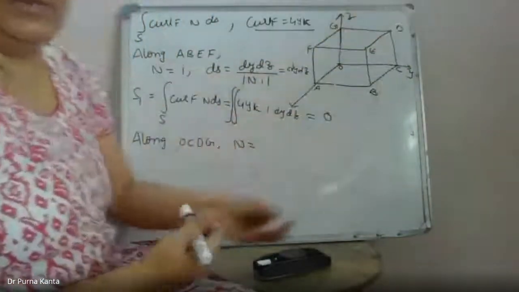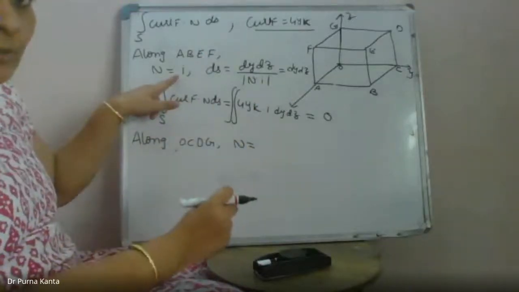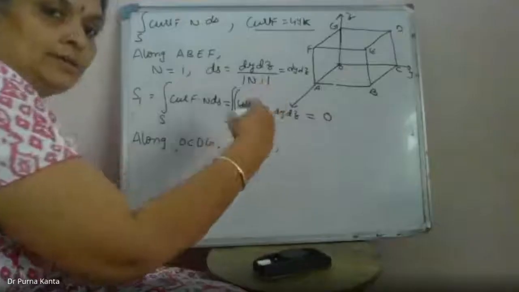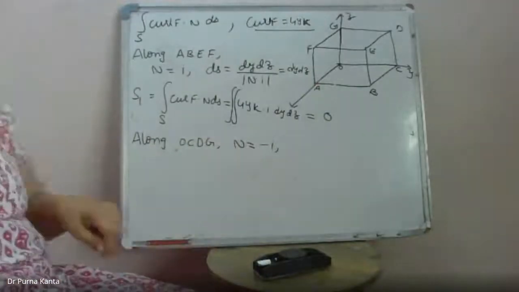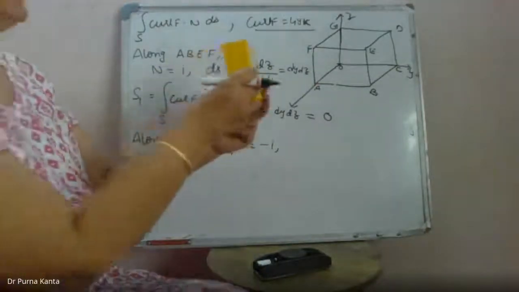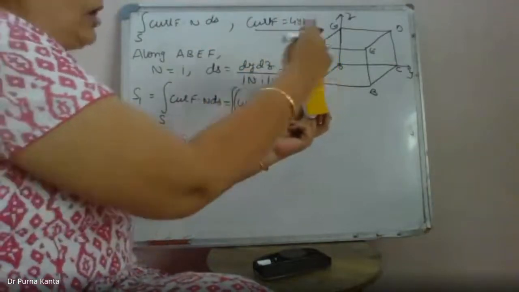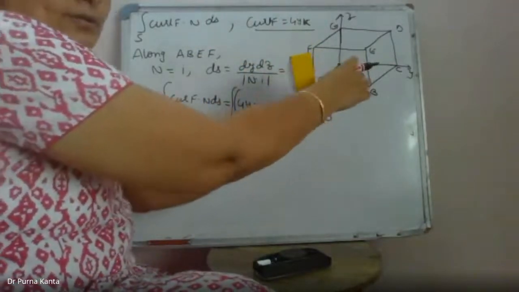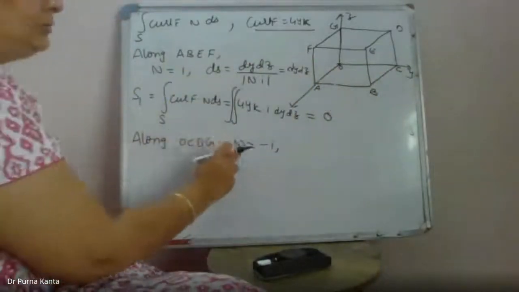In the opposite direction, what will be the unit vector? It won't be the same, it will be minus i there. Minus i, because on this side, in the negative x-axis, we have to take the outward normal. Look at it this way: suppose the box is like this, then the outward normal will be in this direction, the plus side. For the opposite face, the outward normal will be in this direction, the minus side. So n is equal to minus i.